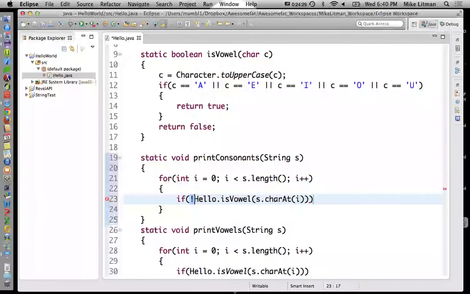If that guy is not a vowel, we talked about the not operator, right? I didn't know you can use it in front of anything. Well, yeah, so this guy right here boils down to what? True or false. So not true becomes false, not false becomes true. So this is saying if Hello dot isVowel is equal to false. That's what this line right here says. Okay? So if that's false,